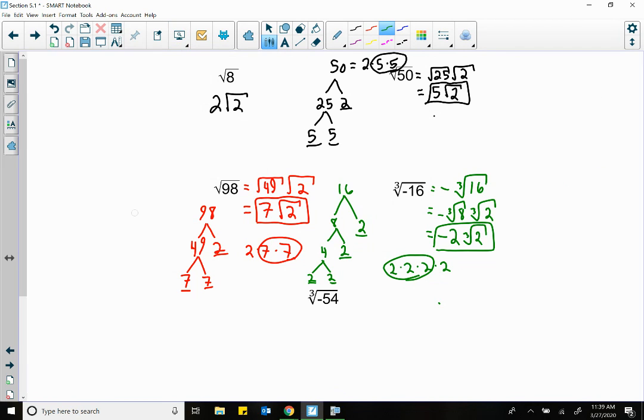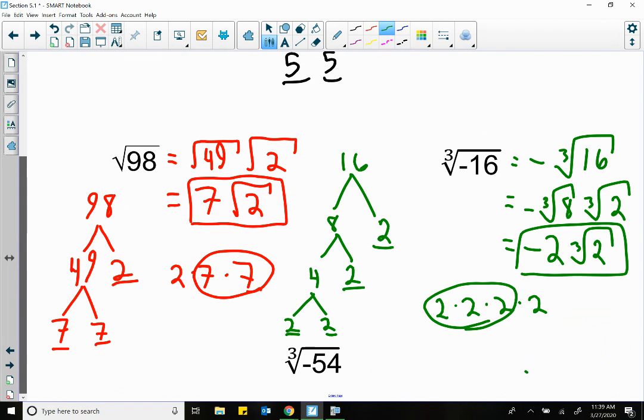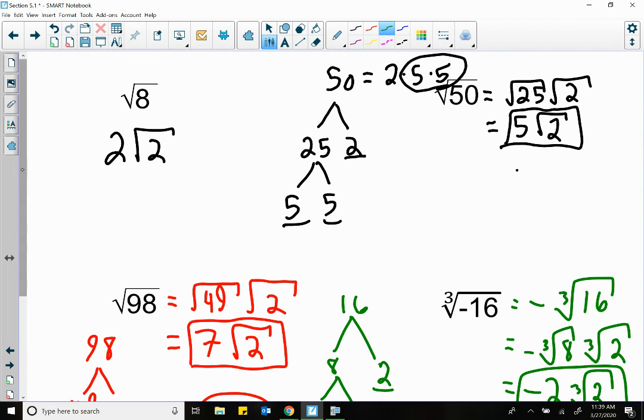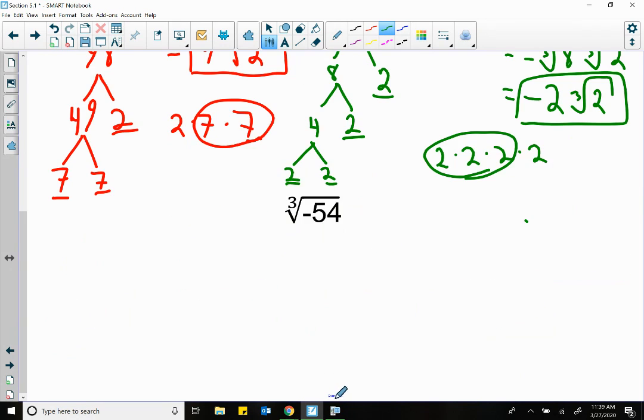Okay, let's zoom in on this so that way we can come down here and work on it. So again, we're dealing with cube roots. Okay, that negative will pop out. So we have a negative. Well, let's do it over here to the side. So we have a negative cube root of